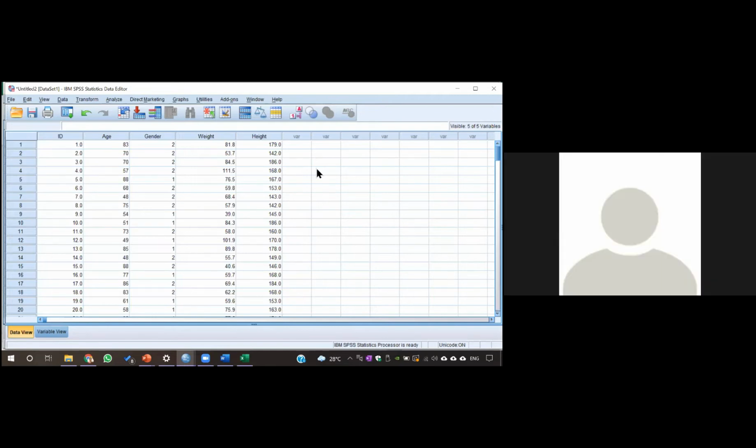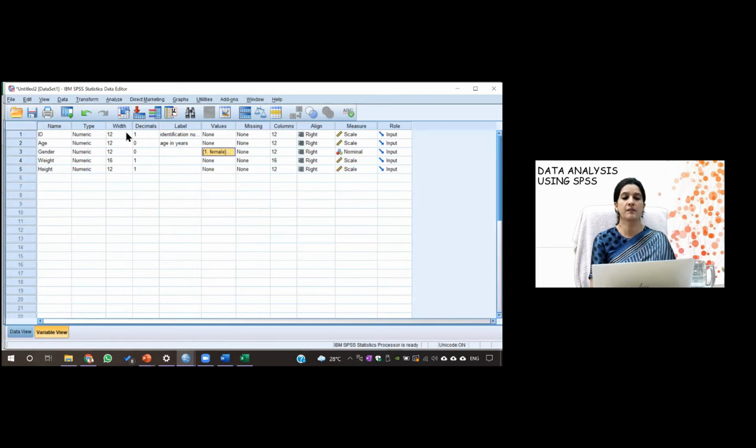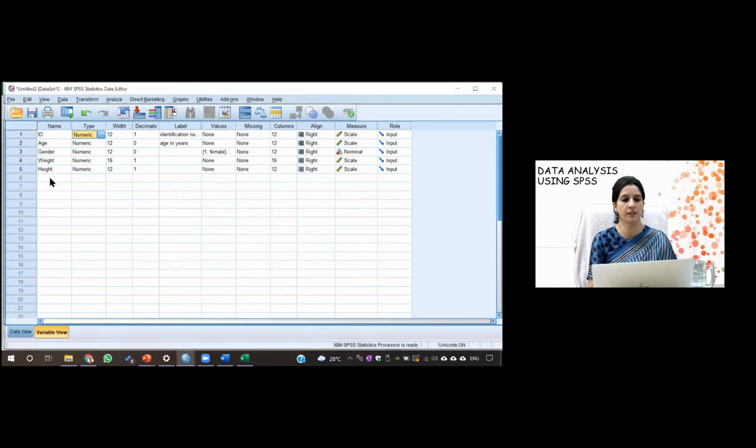Can we have some idea about what is the meaning of this column and width in the variable view, because it's giving different values on its own, the column and the width. Okay, actually this width, if you go to the variable view, tells you the width of the string variable. Like I've shown you now, if you click this numeric variable, this string, if you click this, 12 tells you the number of characters. Like if I want to enter, I'll show you with one example. If I want to enter the phone number.